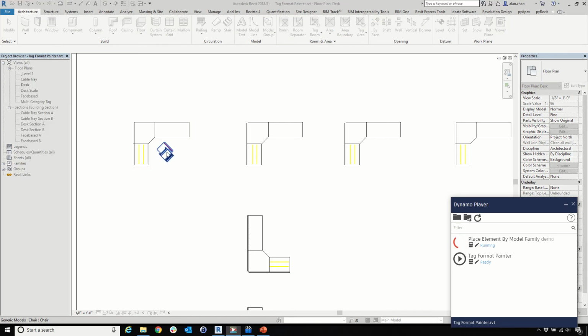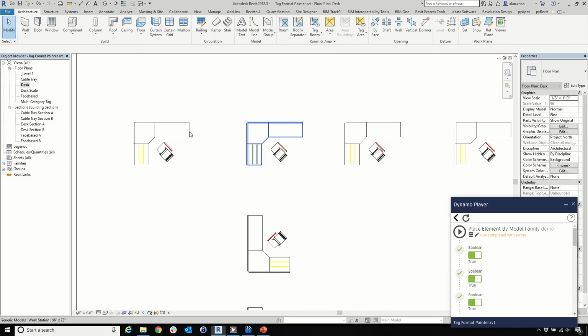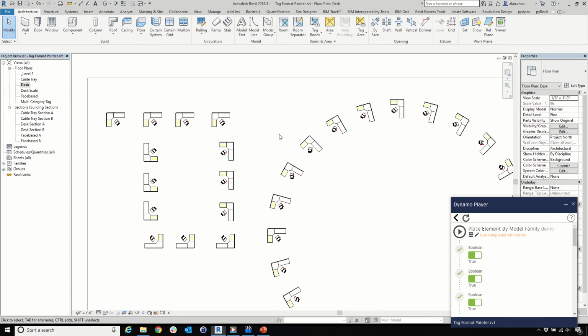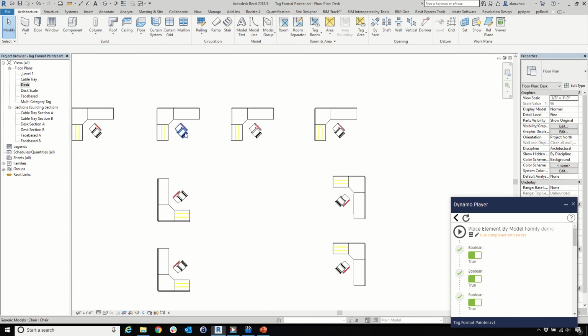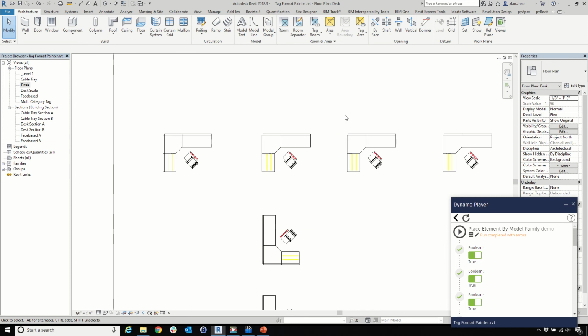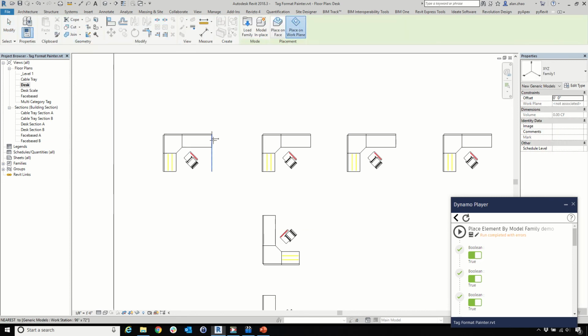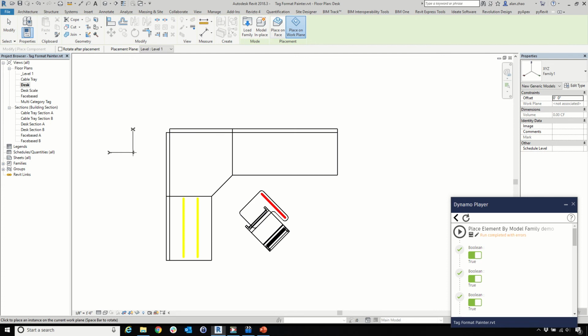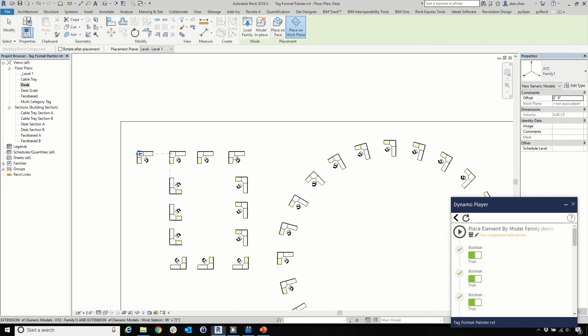I select the chair and then I select the desk as the source. It will find all the desks in the view or in the project and place the same chair in the same kind of orientation. The way it works is that it will place this coordinate system for each of these elements,